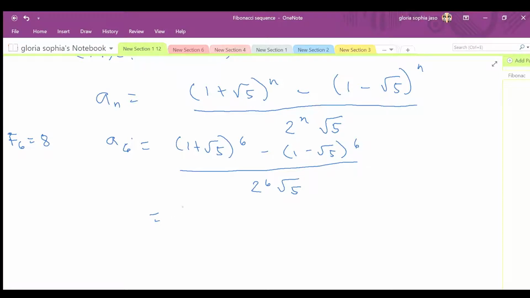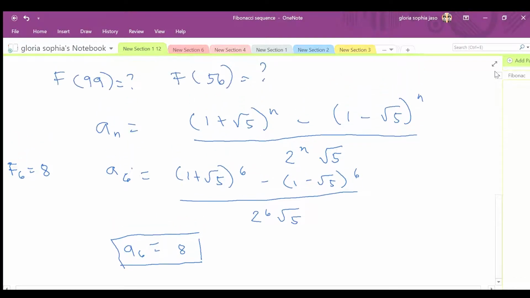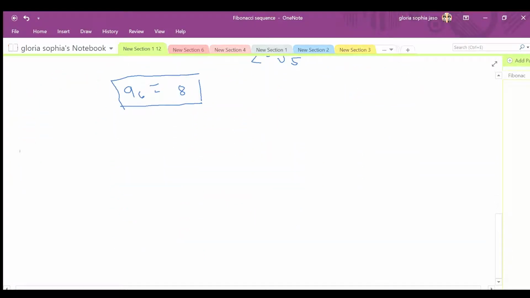So when we use the calculator to check if the formula is valid, we get a sub 6 is equal to 88. So we can use the formula to find f of 99. So let's compute f of 99. So a sub 99, the formula is 1 plus square root of 5 raised to n, so 99